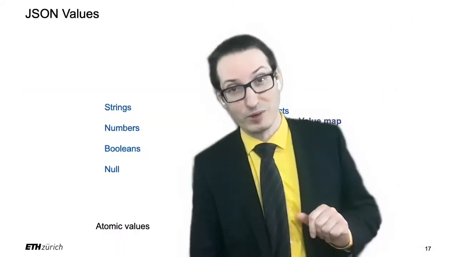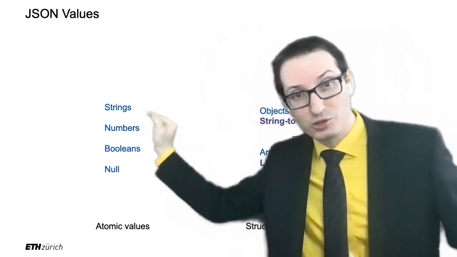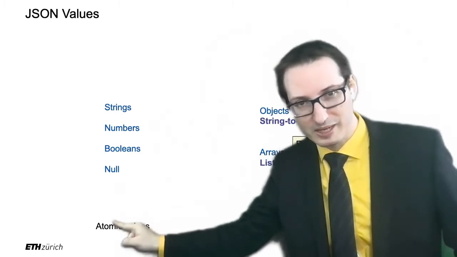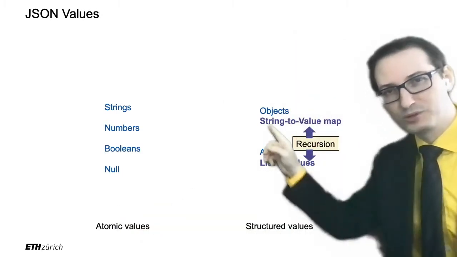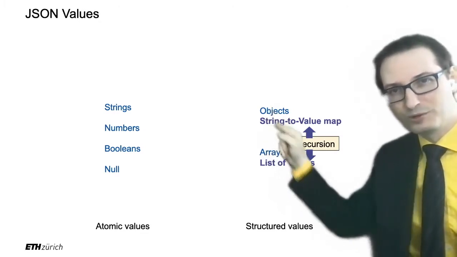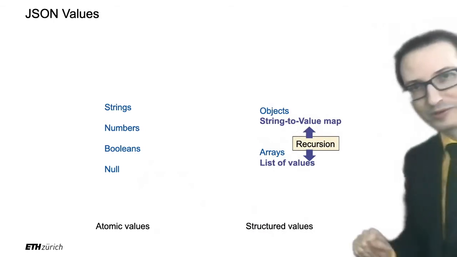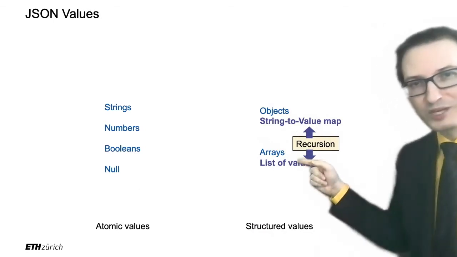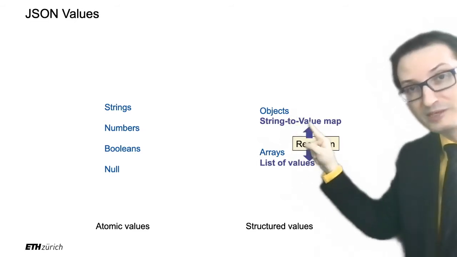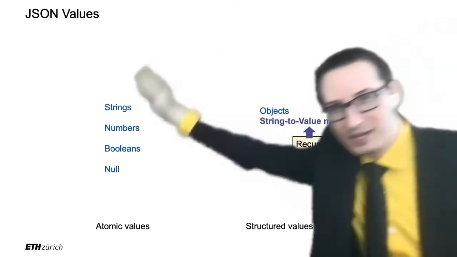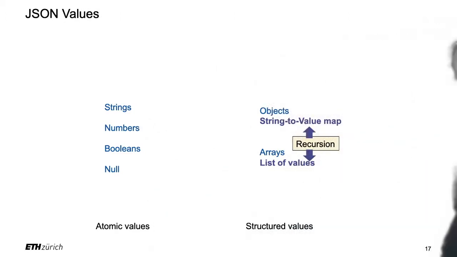What do we have in JSON? Well, you remember from 2 weeks ago, we have 6 building blocks: strings, numbers, booleans, null. These are the atomic values. And we have objects and we have arrays, right? So the objects, we remember, are the key value model, and the arrays are just an ordered list of values. And we have the recursion, because whenever you see a list of values or a map of keys to values, then a value can again be any of the 6. So this is how you get the nesting and the denormalization.